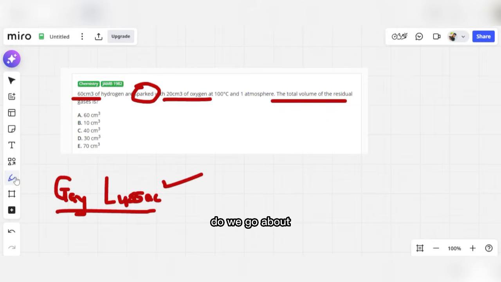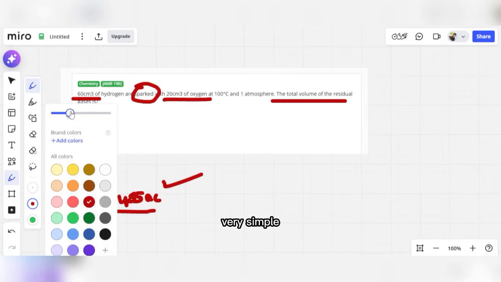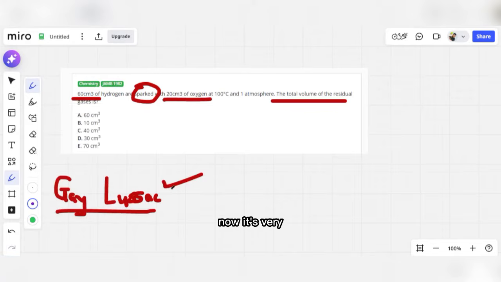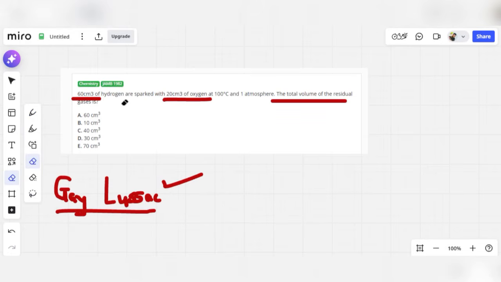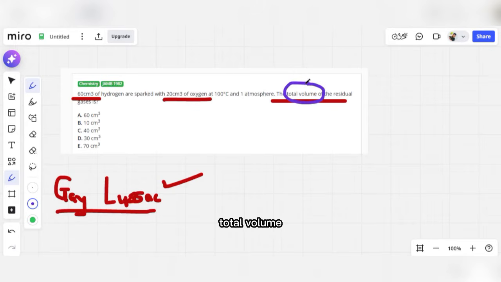And how do we go about solving this very simple question? Now it's very simple. Let me try and clean off this stuff. All right. So they said 60 cm cube of hydrogen is sparked with oxygen. Calculate the total volume of the residual gases. So also take note of the word total volume. Right? Total volume means the volume unreacted